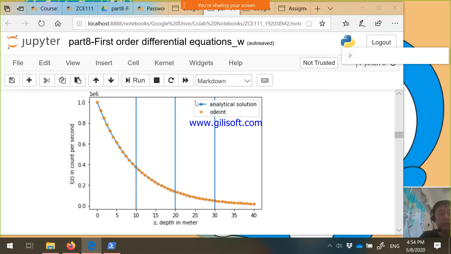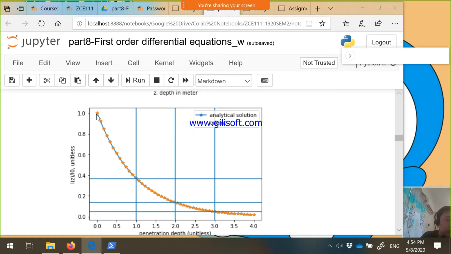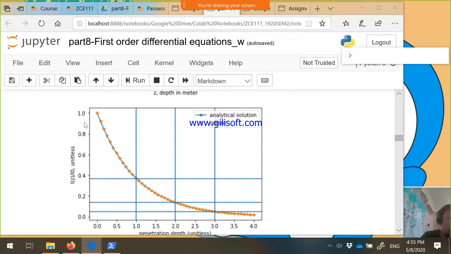So you can scale this graph by plotting, instead of the intensity, the intensity in units of the initial intensity. So instead of plotting I, you plot I over I naught. So this is I over I naught. You see the maximum is 1, and the rest is less than that, because the I here is divided by the maximum, the initial value I naught. Sometimes it is very convenient to plot, instead of the absolute value functions versus the absolute depth, the ratio of the intensity divided by the initial intensity as a function of the depth in units of how many